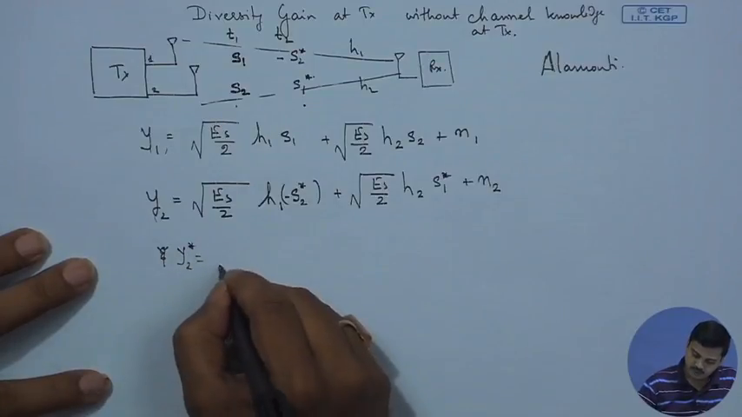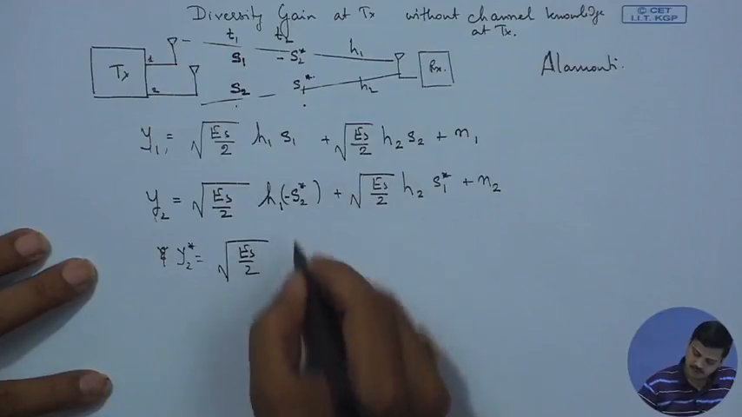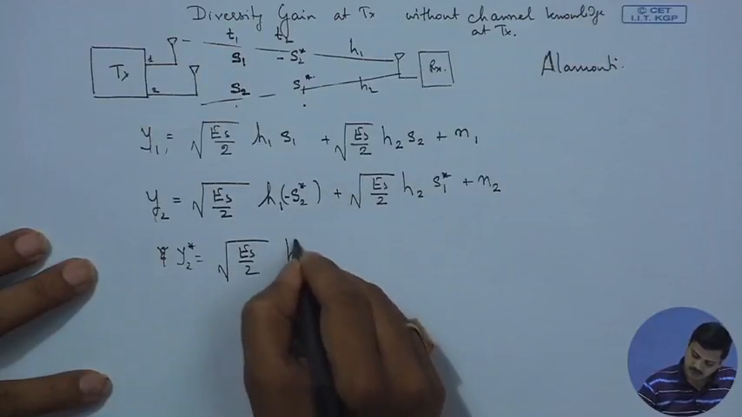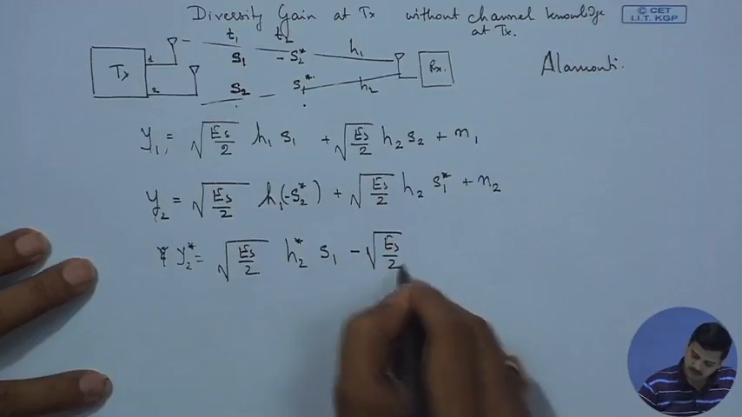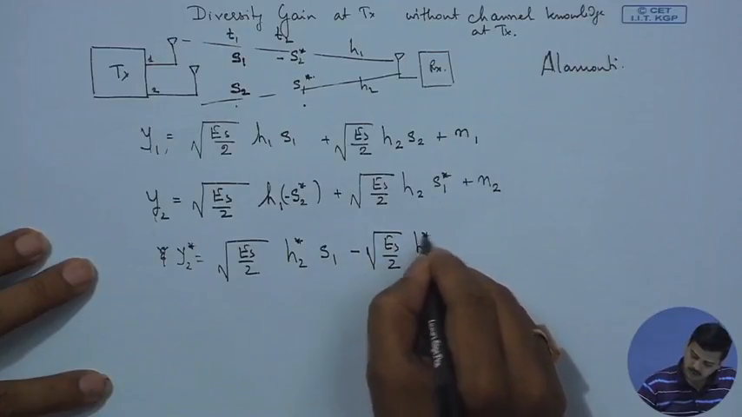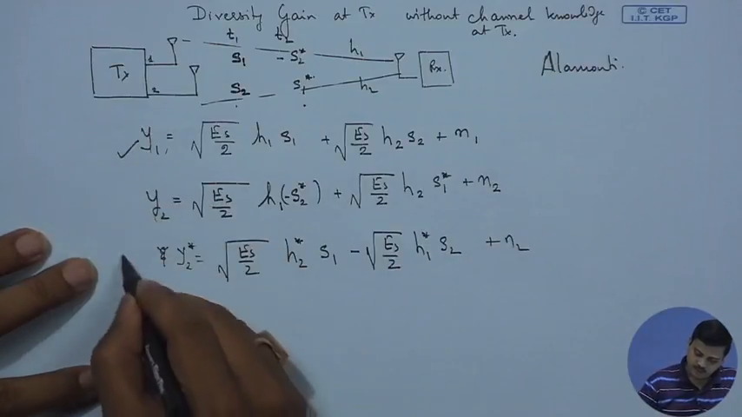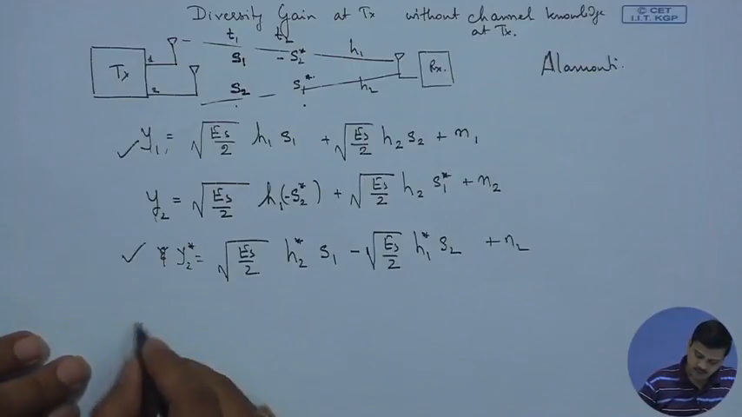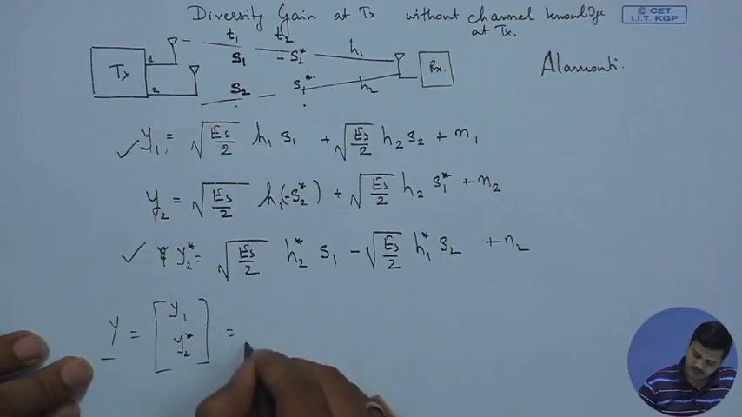So when we use y2 conjugate, we would get root over Es by 2, and I would bring this expression here first. So I would have h2 conjugate s1 minus root over Es by 2 h1 conjugate s2 plus n2. So if I focus on y1 and y2 conjugate and the received vector y, I could form it as y1, y2 conjugate, which I could write as root over Es by 2,